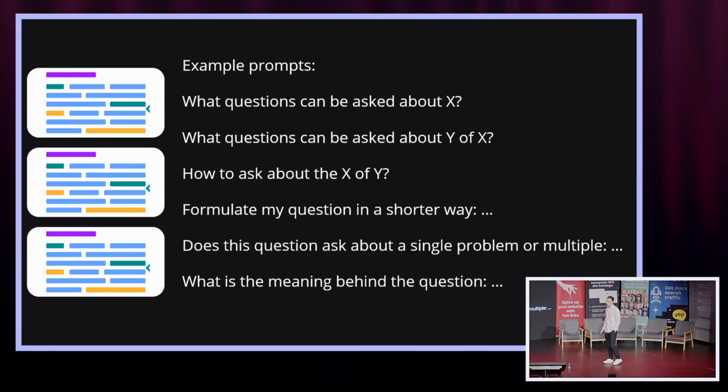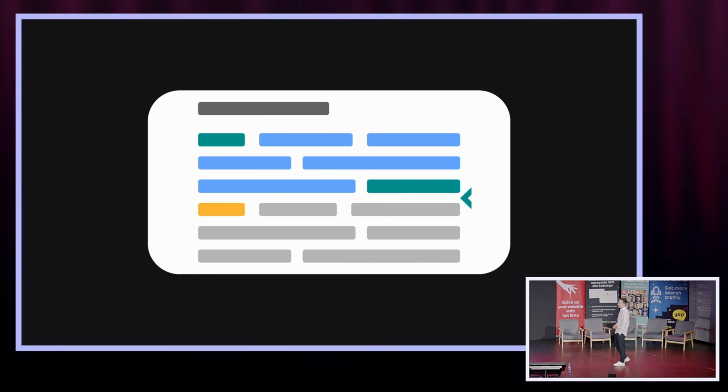From there, you can use these type of prompts to generate these vectors or headings. This is just about generating questions. It can give you inspiration or just give you different ideas. And then from here,